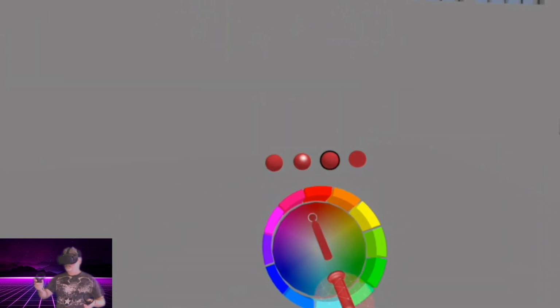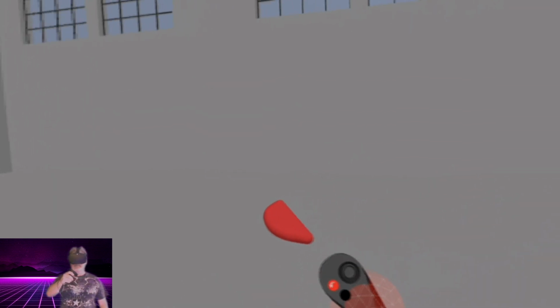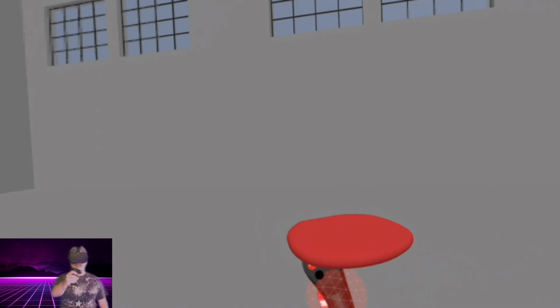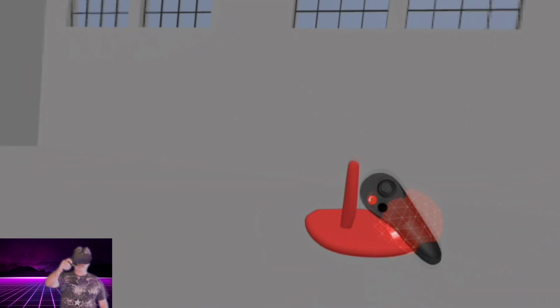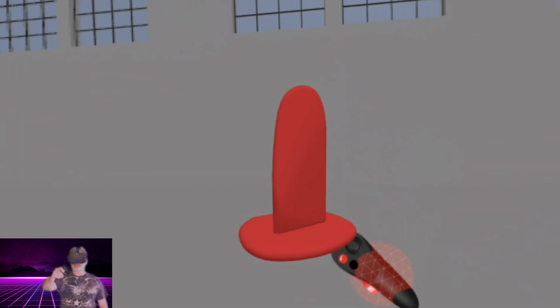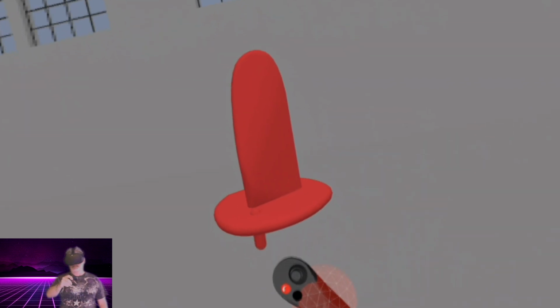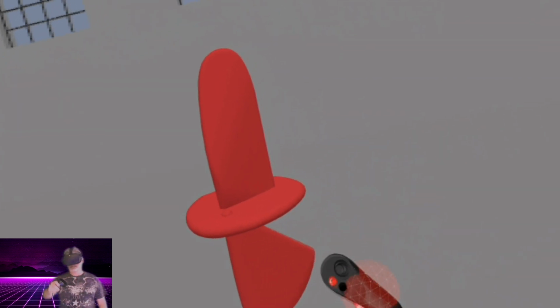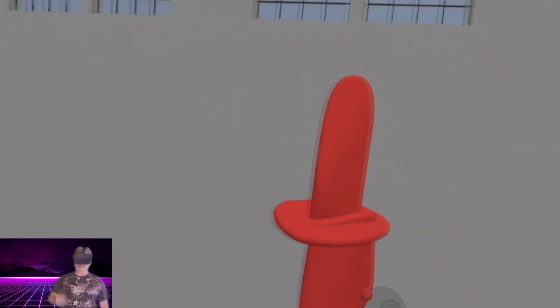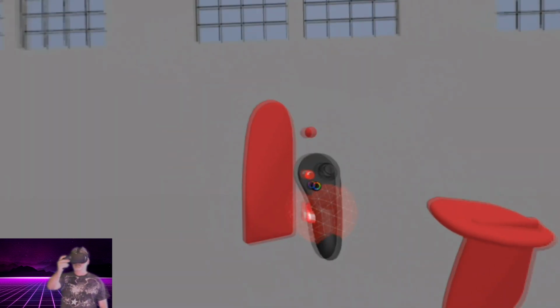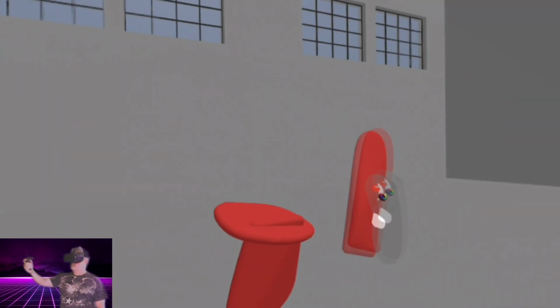Now we're going to switch over here and change the color. And we are now on the volume tool. This is my favorite tool, actually. You can create just about anything with the volume tool. It's very handy. It creates a solid object. It's a lot like molding with clay. Now we're going to grab the objects and just move them around.